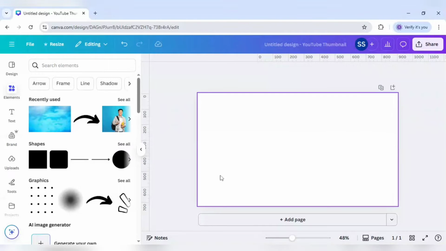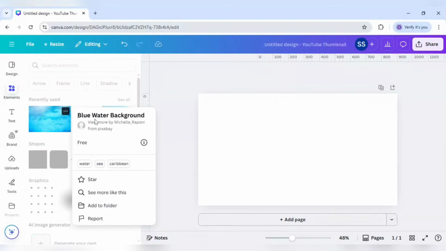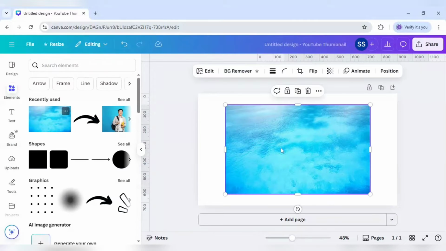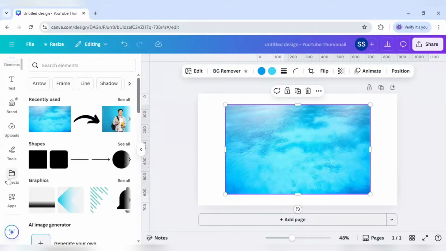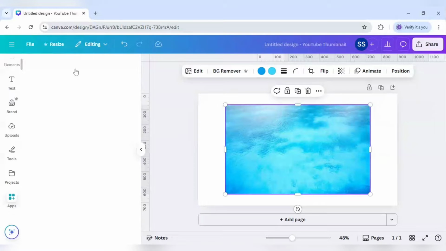For this example I have chosen a YouTube thumbnail as my canvas, and as it is a liquid text effect, I have chosen a water background for it. As you can see, this is a blue water background and it is free to use, and I have chosen this one. After that I will go to apps,